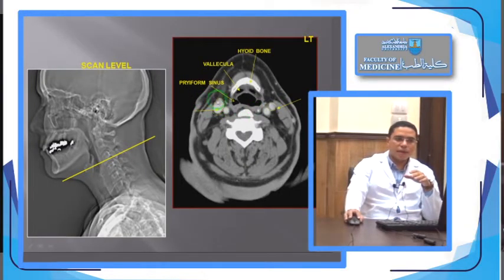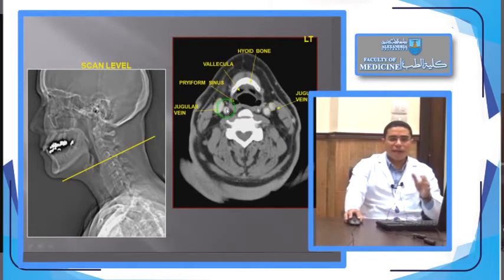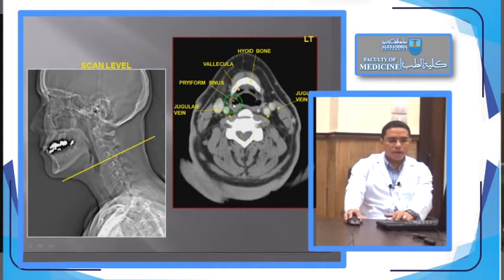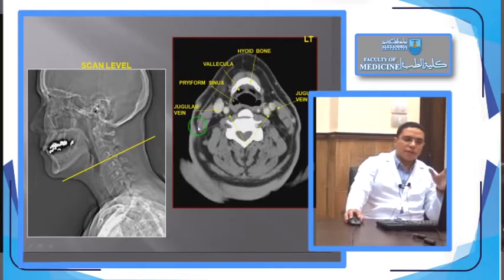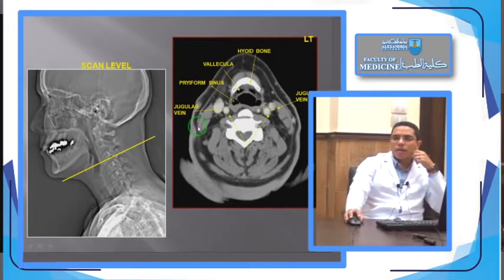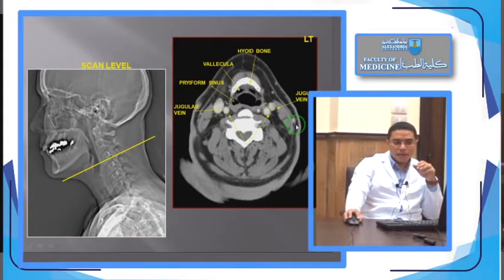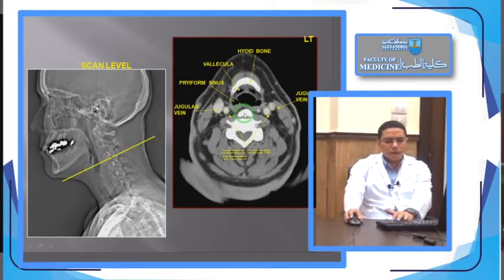We can see here, again, the carotid sheath. The most lateral structure in the carotid sheath is the internal jugular vein, and medially we have the common carotid artery, and this is the sternomastoid muscle. As we said, the sternomastoid muscle is covering the carotid sheath all the way from up down, from the base of the skull till the level of the clavicle. If you take a look here, you can find a vessel overlying the sternomastoid. This is most probably the external jugular vein, and this is the vertebrae.